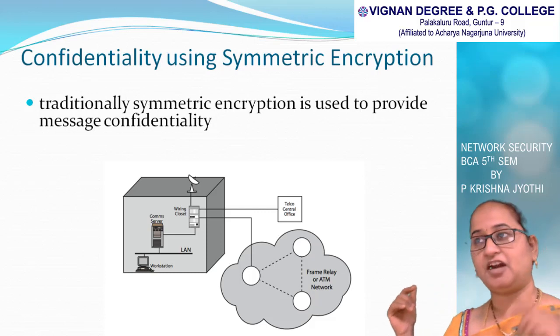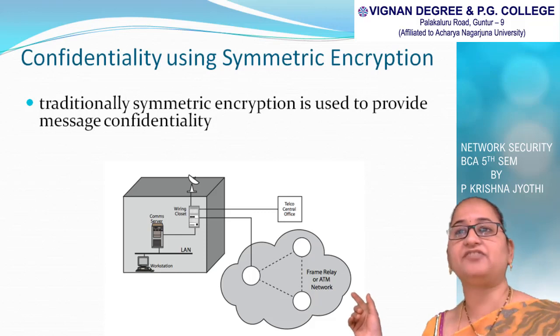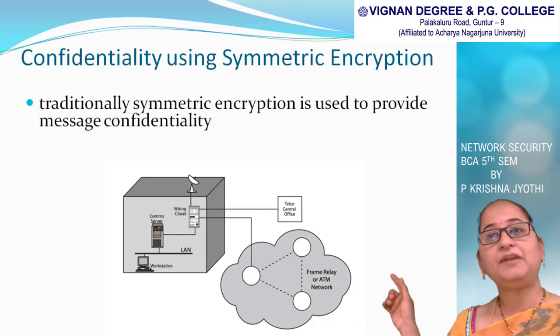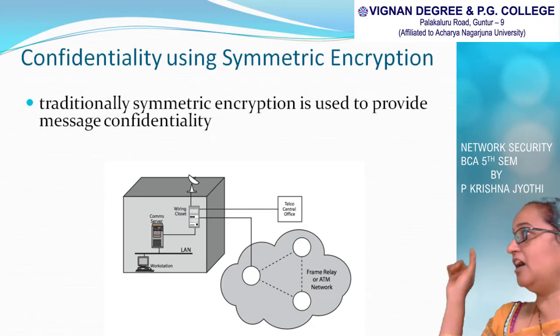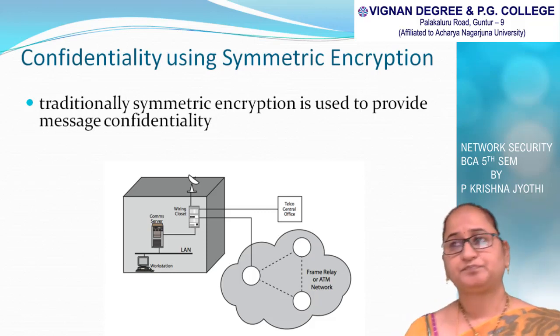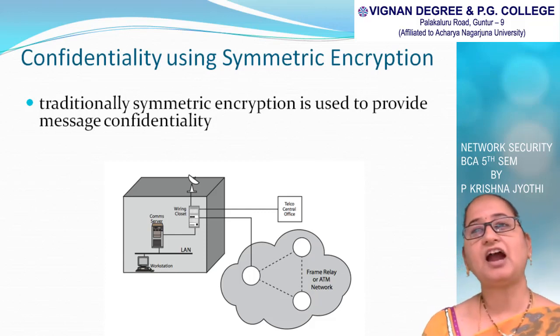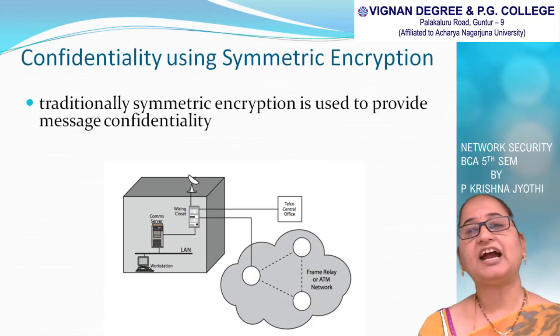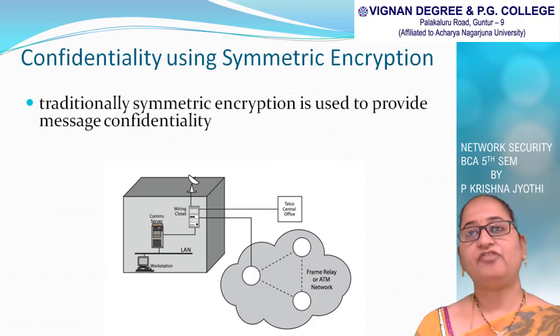Here we are using public key concepts in symmetric encryption. Confidentiality is one of the services which we discussed in public key encryption, and we are implementing that confidentiality service in symmetric encryption. In order to provide the confidentiality service, first of all we have to identify where the attacks will happen, and then after identifying the attacks we have to place an encryption function to overcome those attacks.